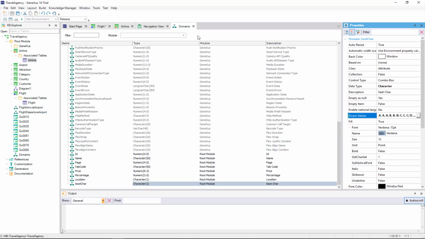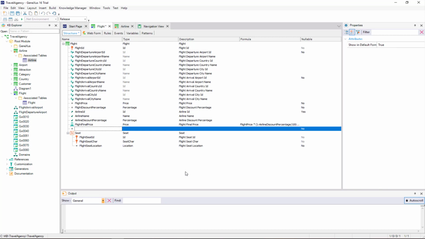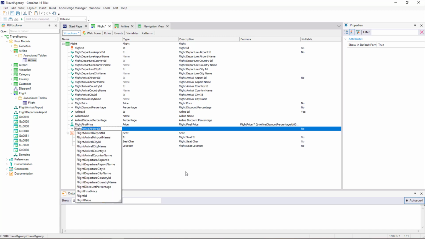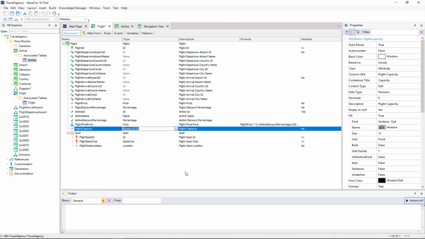Now, to find out the maximum number of passengers allowed on a flight, according to the number of seats, we will define a new attribute in the first level. In its formula column, we will indicate the calculation consisting in counting the number of seats offered in the flight. So, we create the attribute flight capacity, and its data type will be numeric of 4.